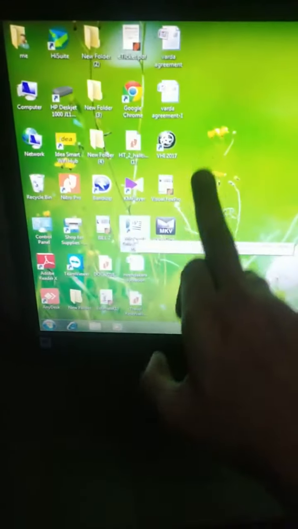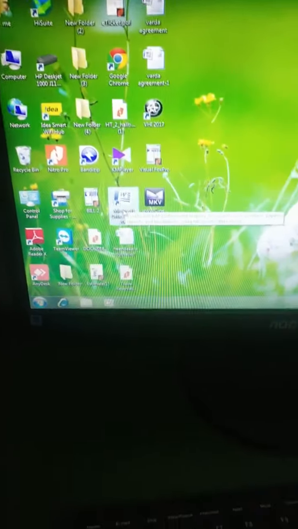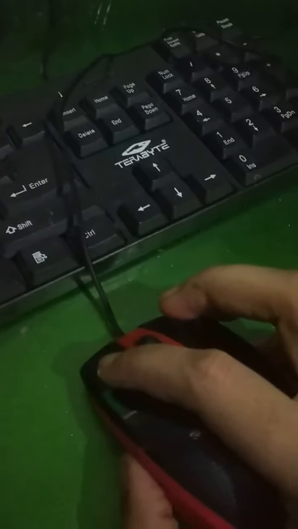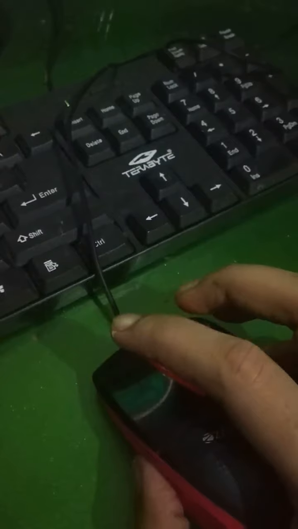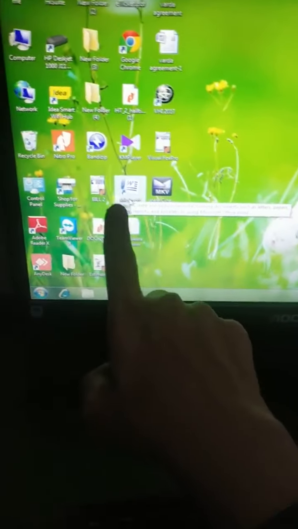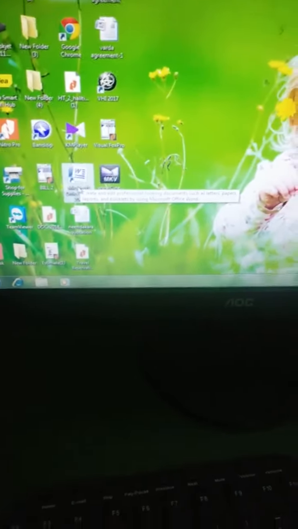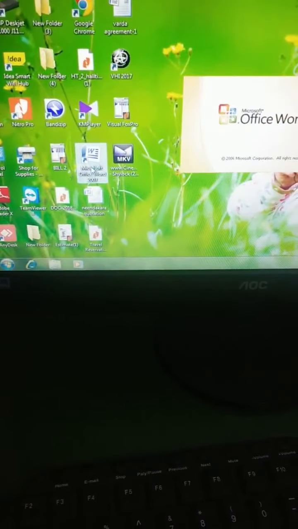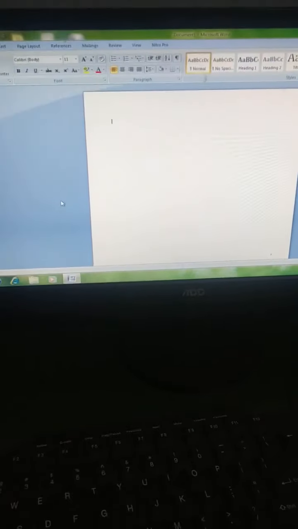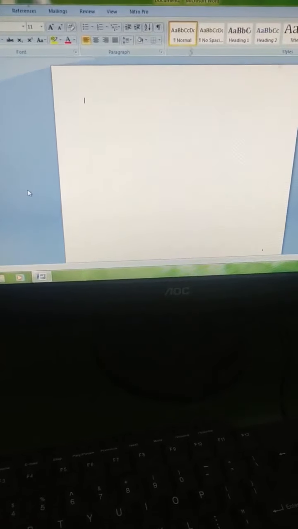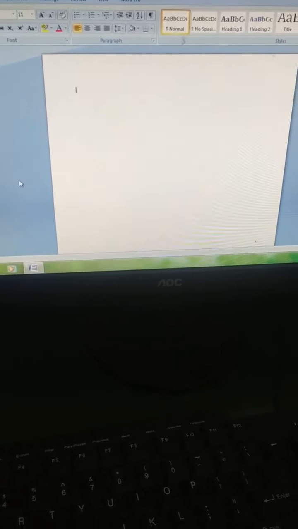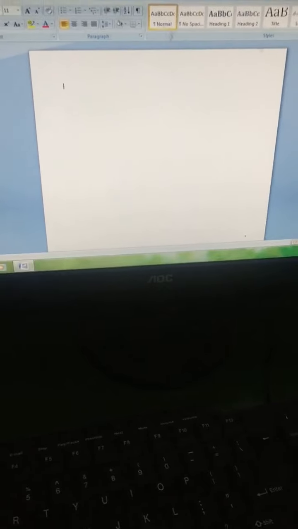Look at other files. Only that file is selected. Now I'm going to double click it. Double click means tapping it two times. So single click means select a file, and double click means, look, it will open that file. Did you understand? This is single click and double click on the left button.